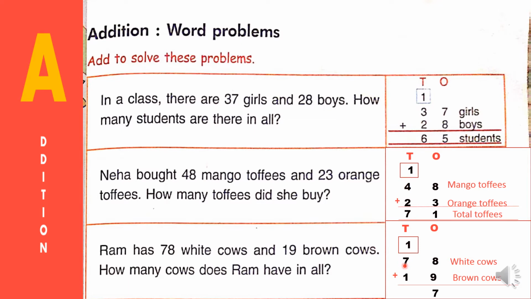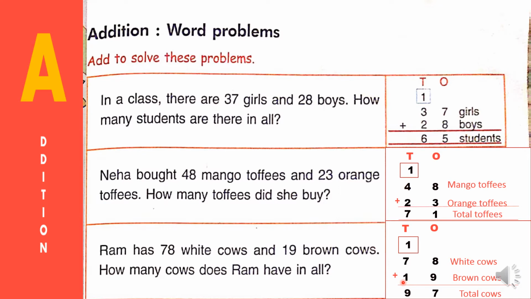Here 3 numbers are there. So first we should add these two numbers. Which number is the bigger number? 7. So you should keep 7 in your mind, 1 is in your hand. 7, after that 8. So immediately you should keep 8 in your mind. 1 is in your hand. Open one finger, children. 8, after that 9. So write the answer here, 9. So total 97 cows Ram has in all.